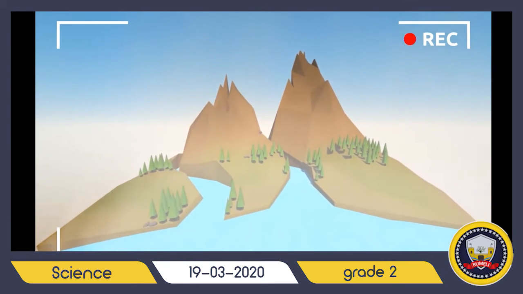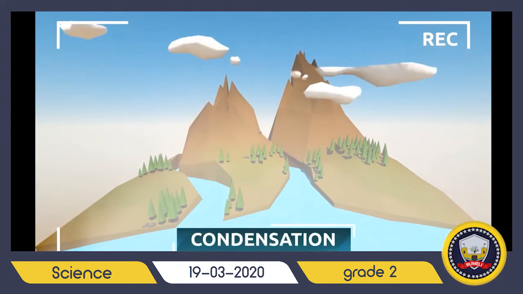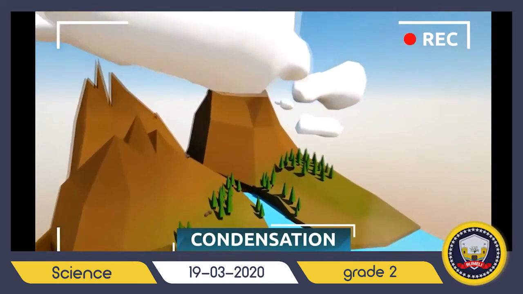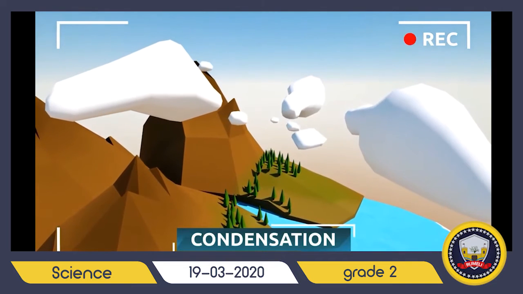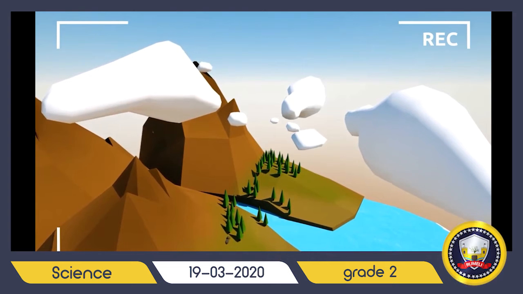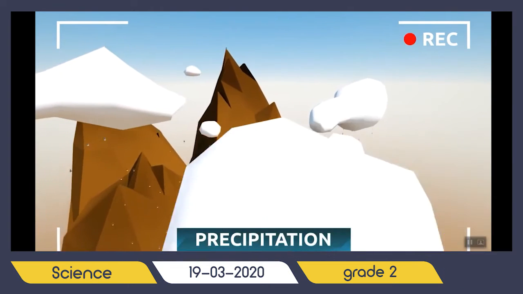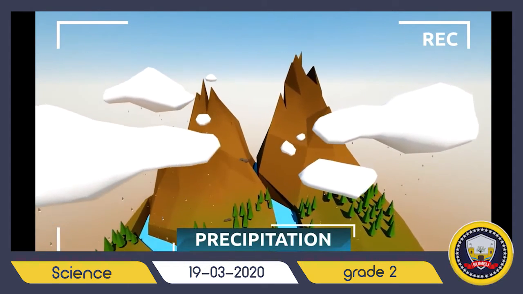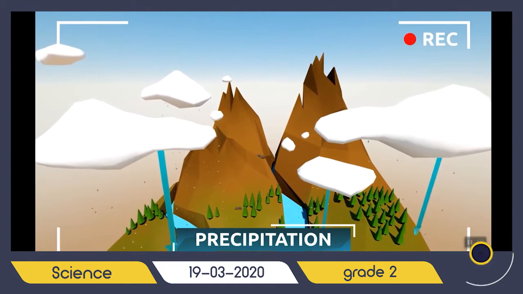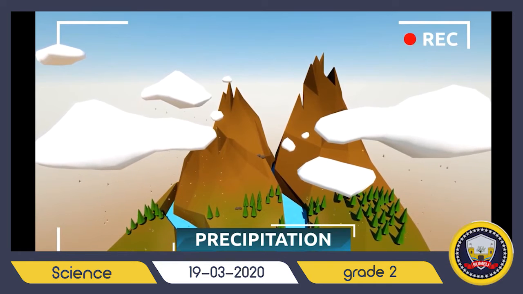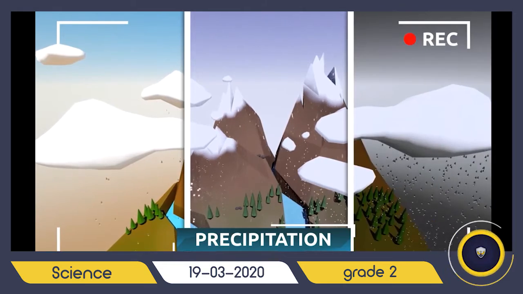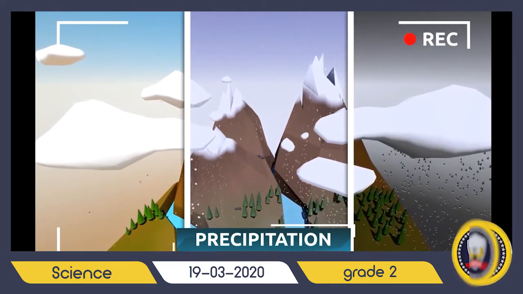Brr, it's so cold! Owing to lower temperatures, vapor cools once it goes up in the sky, and it turns into tiny droplets of water that form clouds. This process is called condensation. Droplets come together. They become bigger droplets and fall on the ground because of gravity. This is how rainfall is produced. If it's even colder, snow or sleet are formed during the same process. We call this precipitation.